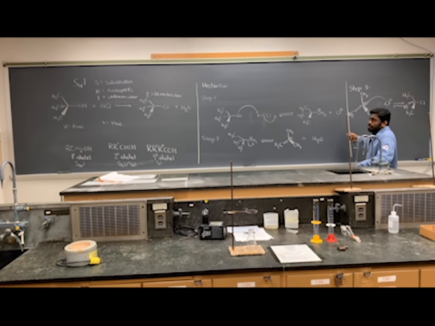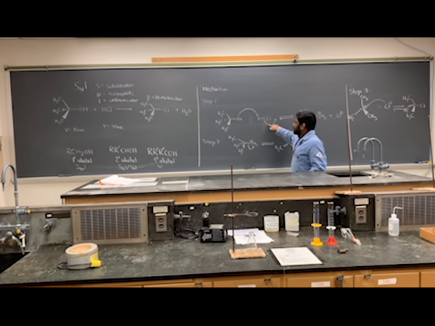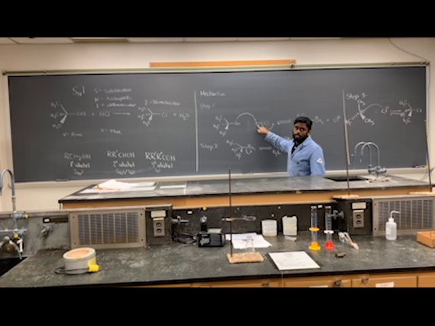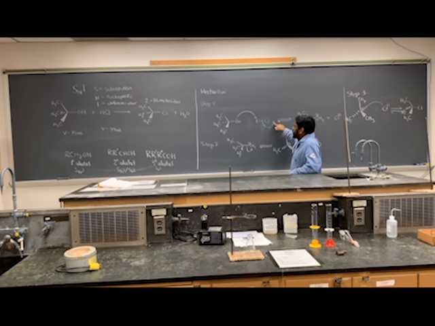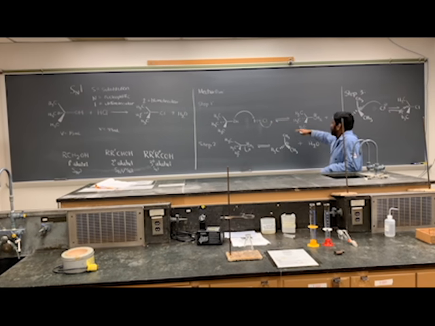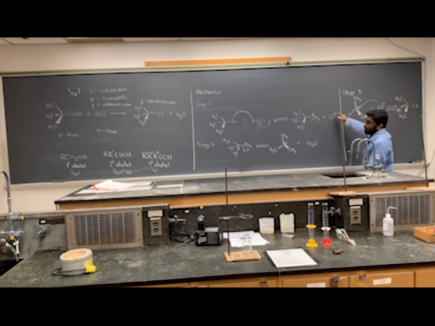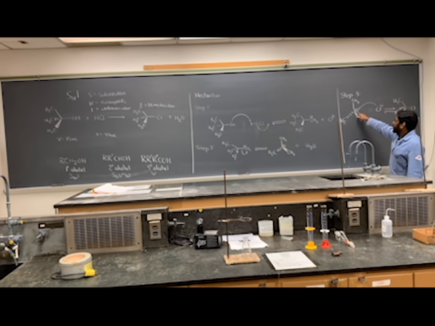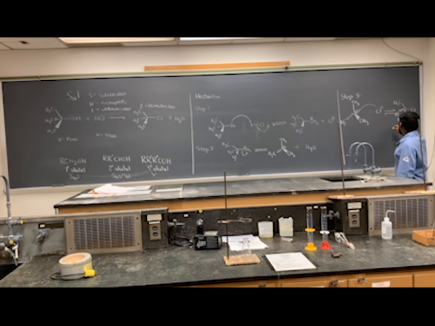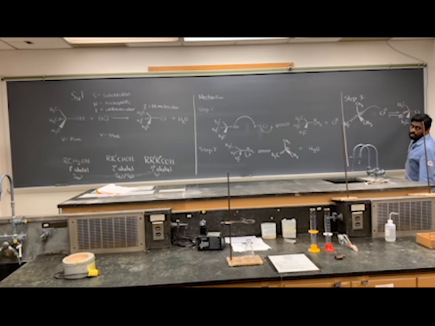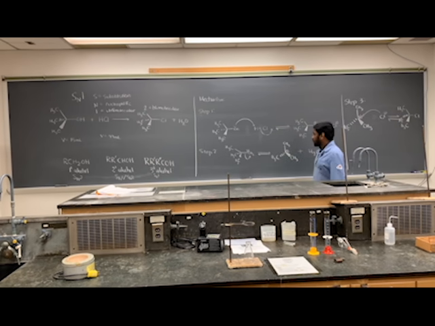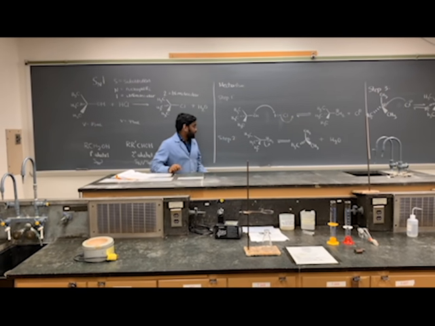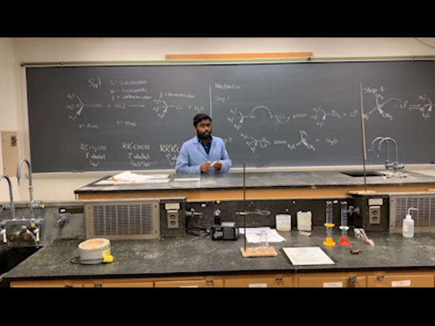Now remember that we started with HCl, so when the lone pair of the oxygen attacks the proton of the HCl, we form the corresponding chloride anion. So we have the chloride anion available in the system, and this chloride anion will then attack the carbocation and leads to the formation of the corresponding alkyl chloride. And this reaction is pretty straightforward,